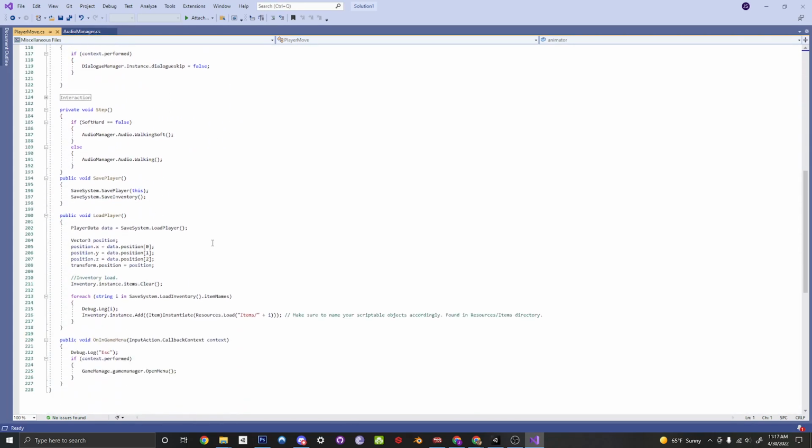It is underneath interaction. So, step is called from animation events that exist inside the animations for walking and running, and this calls walking soft or just walking,